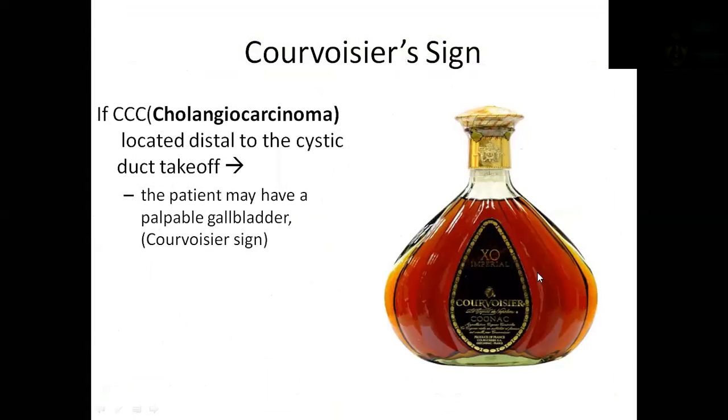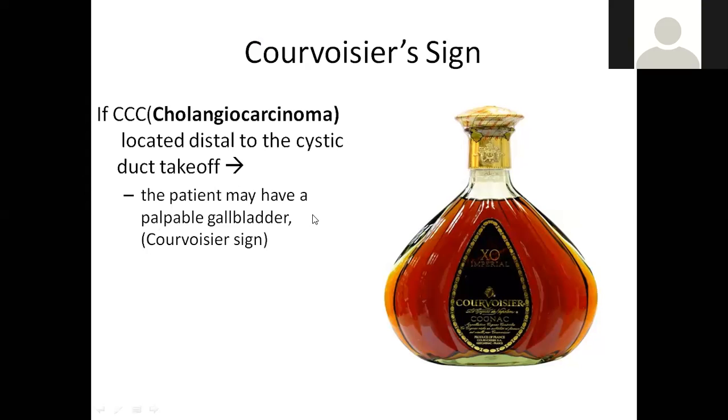Different ways we have. See, this is Courvoisier sign. When I started my lecture, I told you the fundus of the gallbladder corresponds to which costal cartilage? Ninth costal cartilage. Isn't it? So when you palpate at that particular point, usually there will be pain in case of cholecystitis and cholelithiasis, and also in case of carcinomas. So the patient may have a palpable gallbladder. Usually it is found with people who take a lot of alcohol with this brand name, but I don't know what it is. Courvoisier. That's why this sign is called Courvoisier sign.